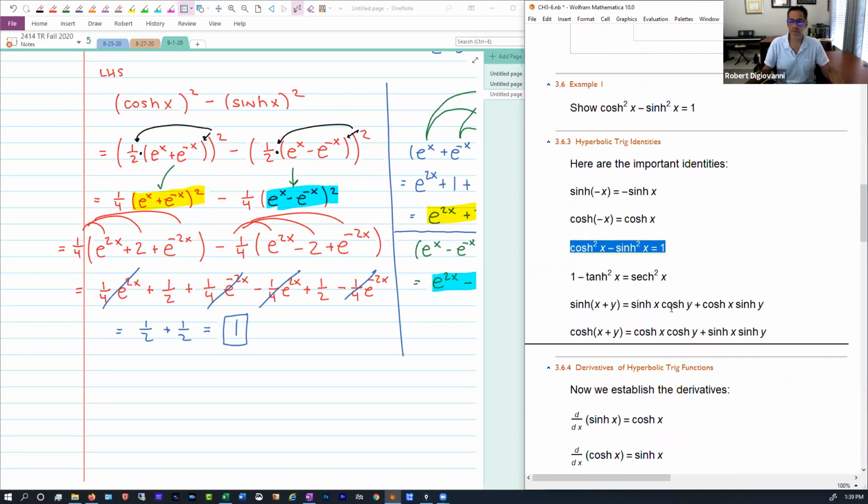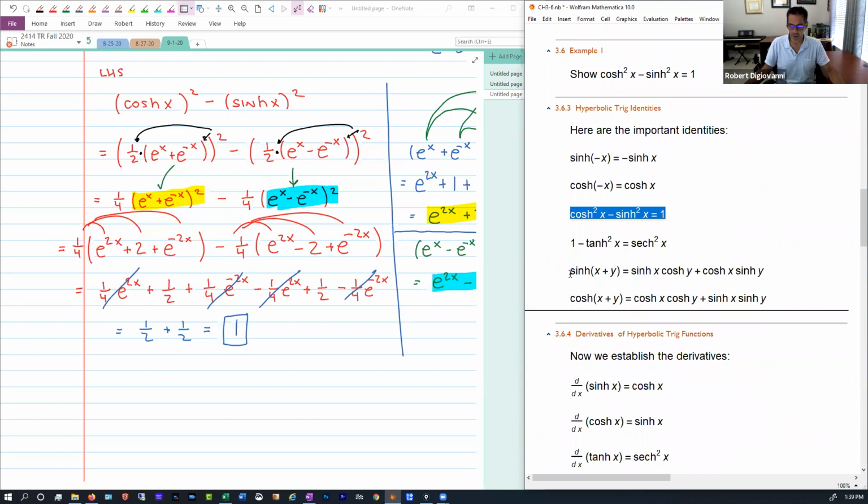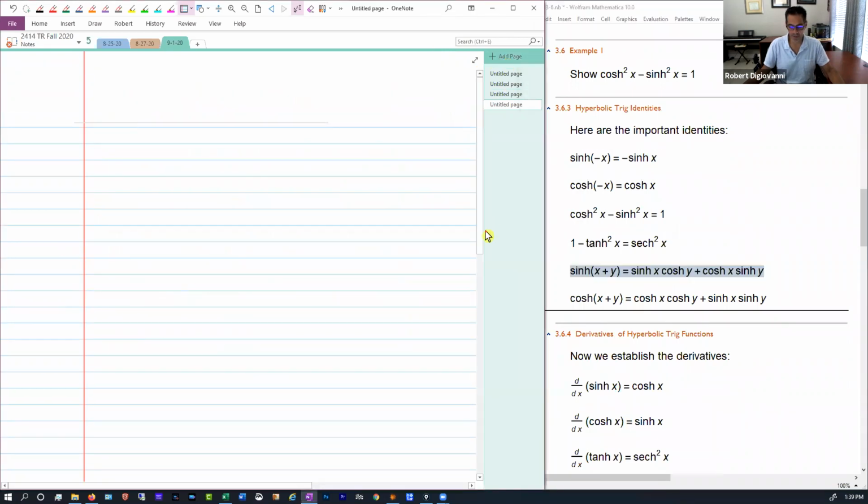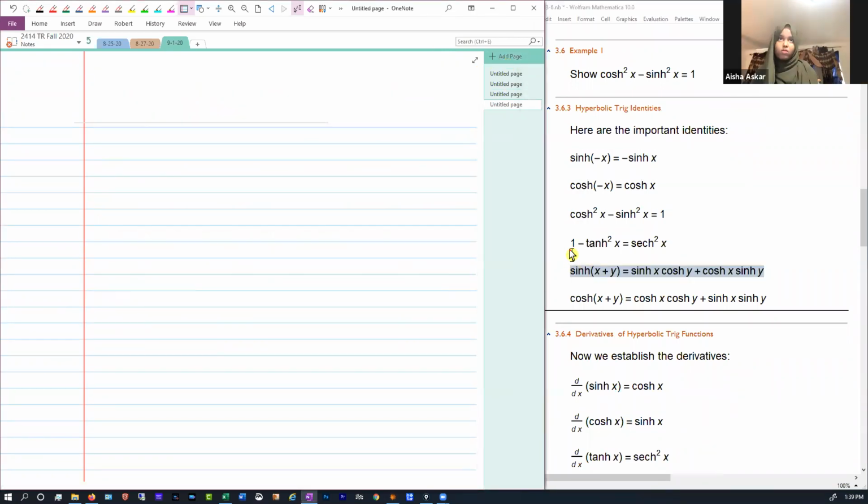So that would be kind of a fun exercise. I won't do this one, but let's just look at this one right here. This one is an interesting one if we wanted to try and set it up, if I were going to try and show this,